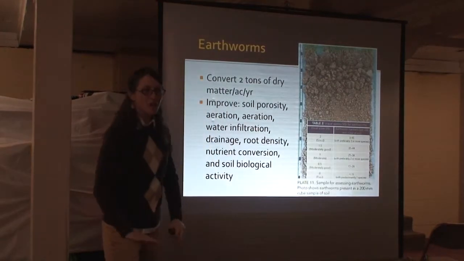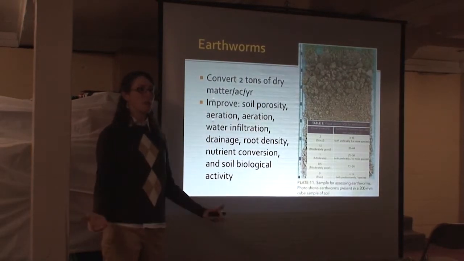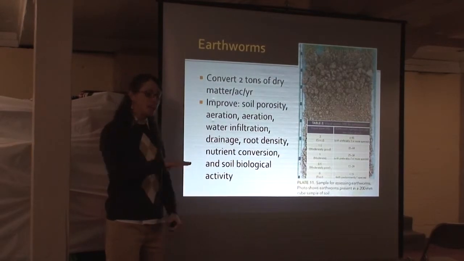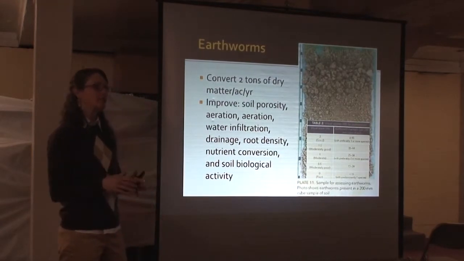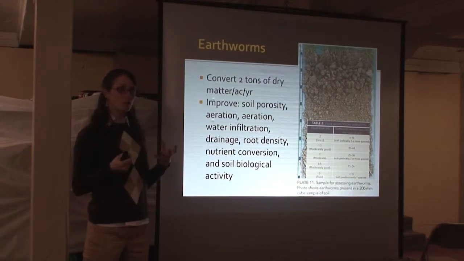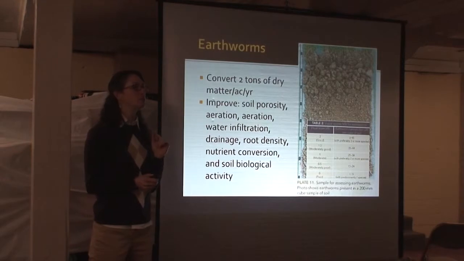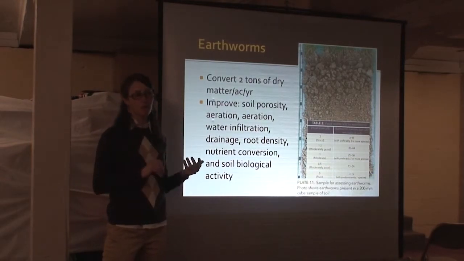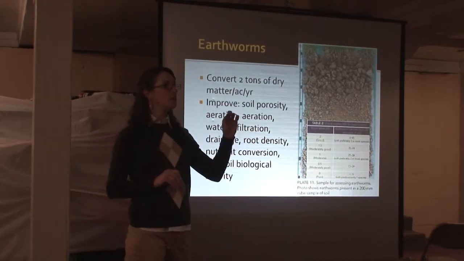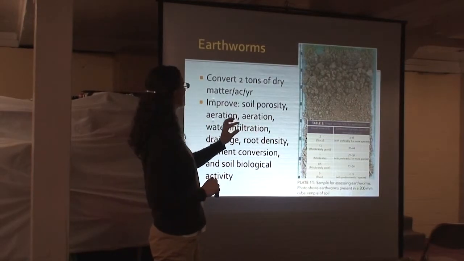And sometimes, if the water table comes up a lot, you'll hit a pan where certain times of the year maybe you won't see them, but they'll be in that upper part. And even if you've got a ponded area per se, and you dig it up and you've got a lot of worms, you do have some good health in there. Maybe you just have a surface compaction issue that you can work on by planting a cover crop. So even though you may see some indicators that aren't great, if you see a lot of worms, this is